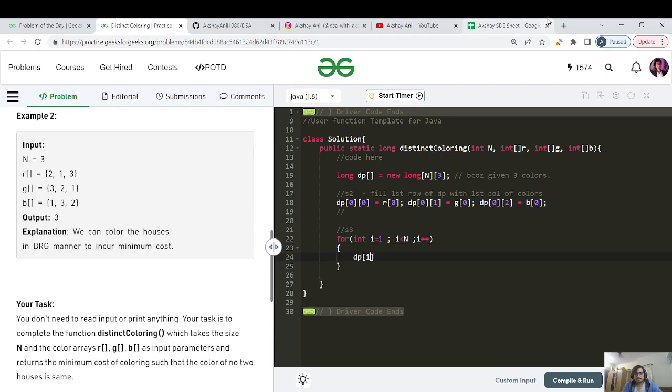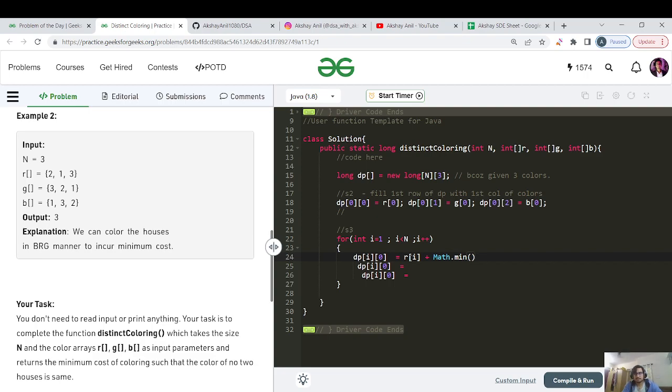So I am at this ith row and I'm filling the first cell. Similarly, I will be at the ith row and I will be filling the second cell and the third cell every time. So let me just copy it. Copy it. Right? So filling the first cell. So take the first color from R of I and take the minimum of the remaining colors. Take the minimum cost of the remaining colors because no two adjacent colors can be colored with the same paint